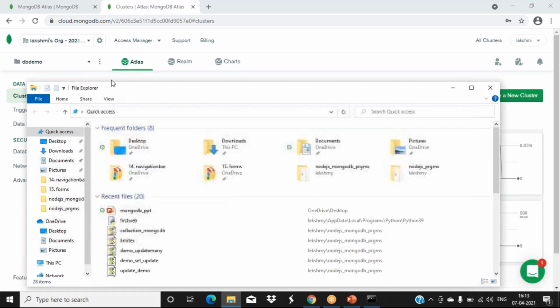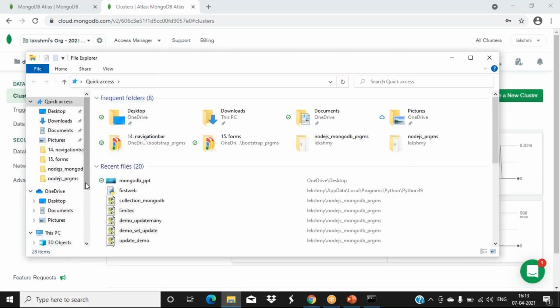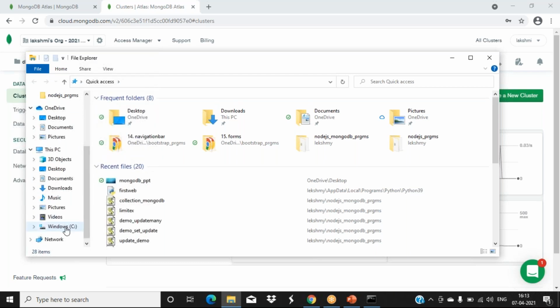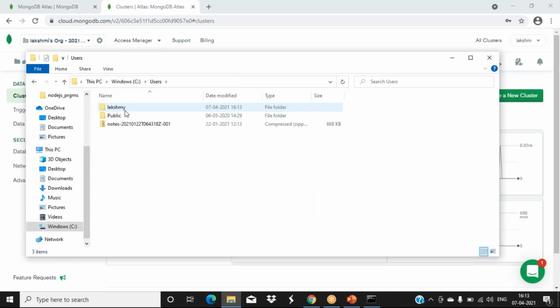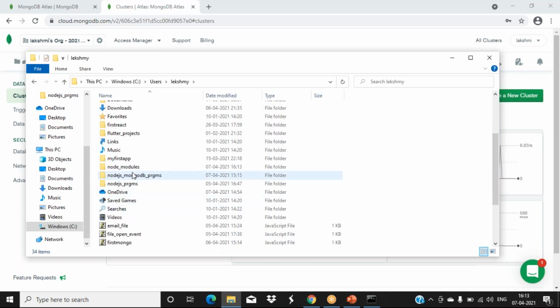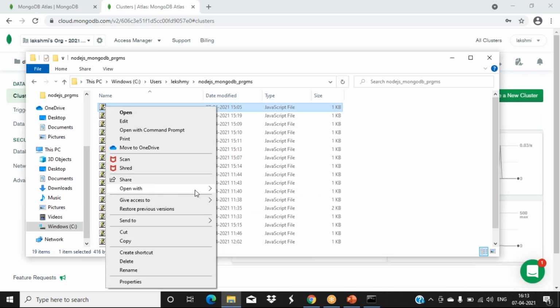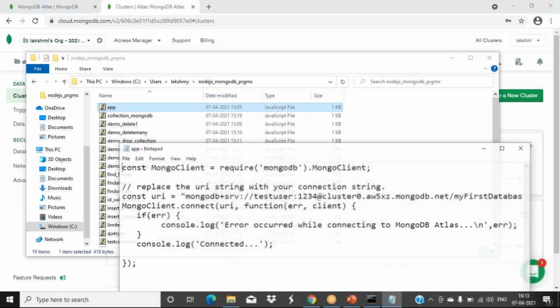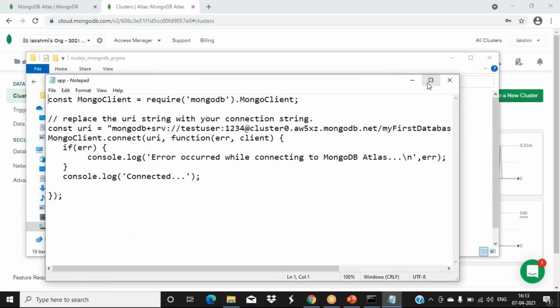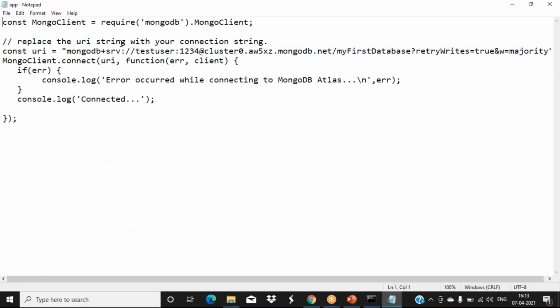The first program is just checking whether it is connected to your MongoDB cloud service. So this is one program. That module I want to include in my program, so we use the require function. This is the syntax we have to use there. MongoDB is the package name, or the module name, you are using here.